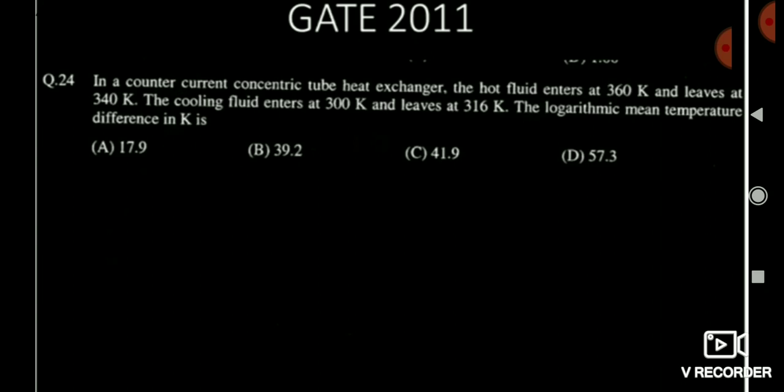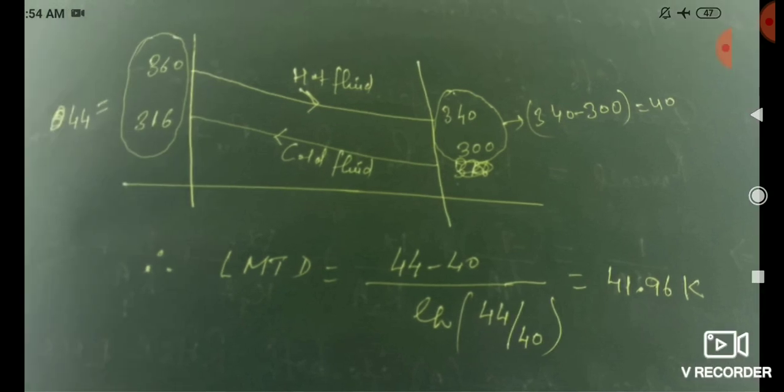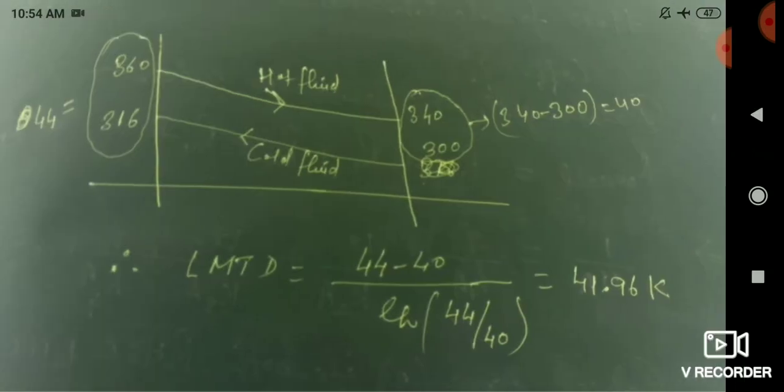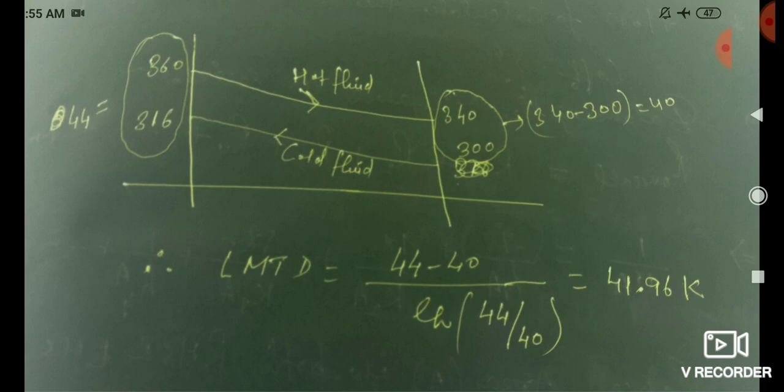Friends, for solving such type of question, the first thing you should do is make its line diagram. You see here I have made its line diagram, so it is very easy to calculate after that. Once you make its line diagram and you simply circle the terms which you have to subtract, your question is solved. It is just use of your calculator, nothing more than that. The question looks a little bit conceptual, but it is very easy when I have made its line diagram.